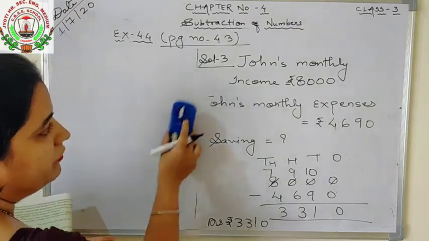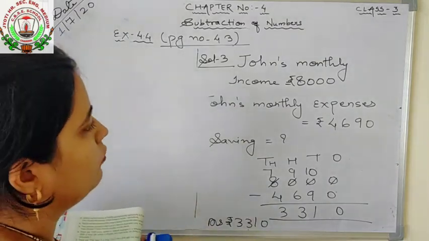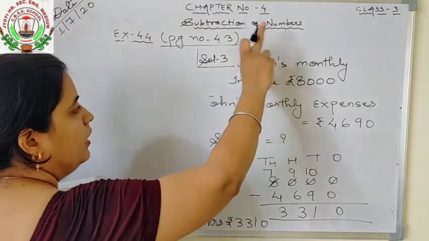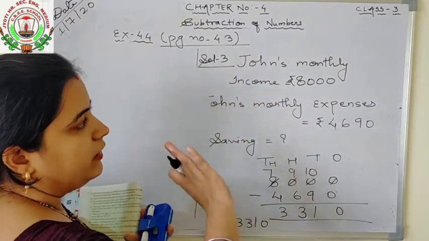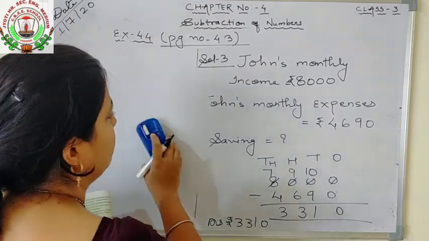Now, number 4. You have to solve this word problem, one page, one question. First you will write the question, then you will write the solution, and then the next question you will write on your next page.